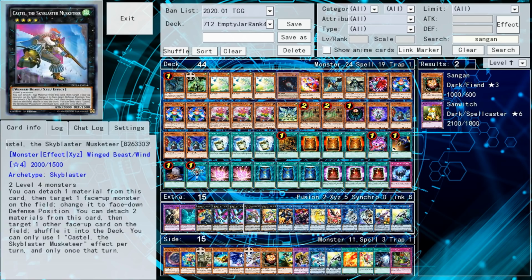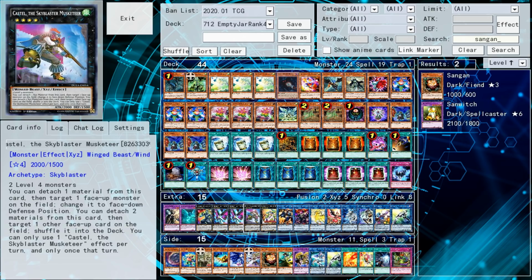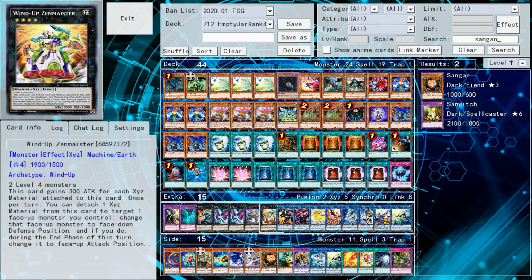So I started looking at all the Xyz monsters, and then I remembered Skyblaster could flip it down, except its effect is a hard once per turn, so I can only flip it down one time. But Wind Up Zenmeister, this card is a soft once per turn on its ability to flip a card face down. So really, I could have just ran 2 copies of this and I would have been good to go. There's also one other Xyz monster that's rank 4 that can flip a card face down. So I had 3